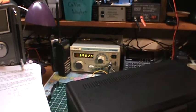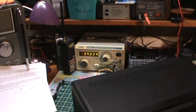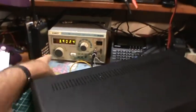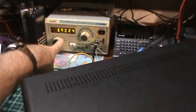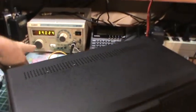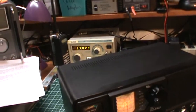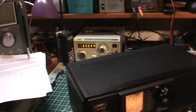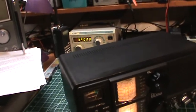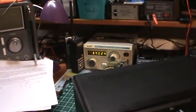The problem I'm having with this signal generator is it's very, very difficult to tune a frequency in. If I just barely touch this big dial, it jumps a megahertz or so. If I use the fine tuning, it only changes like 1 or 2 kilohertz. So it's very, very difficult to get the right frequency. Like I tried to get 5 megahertz or 4 megahertz. It's impossible. So what I've done, I just set it right now to